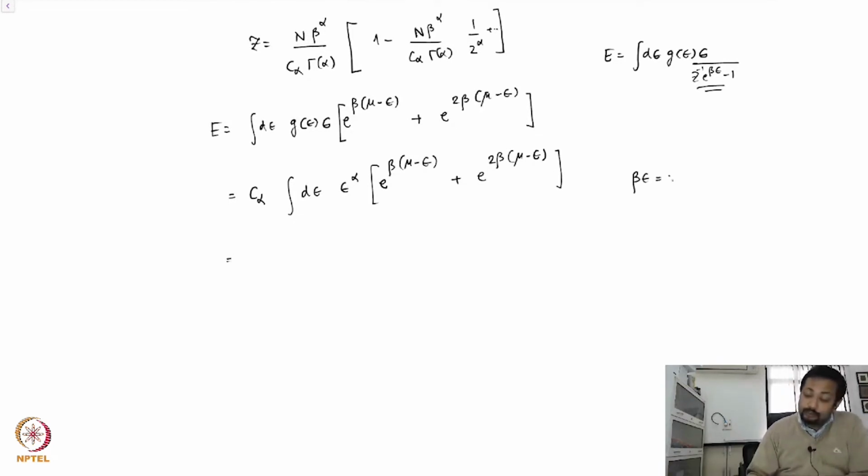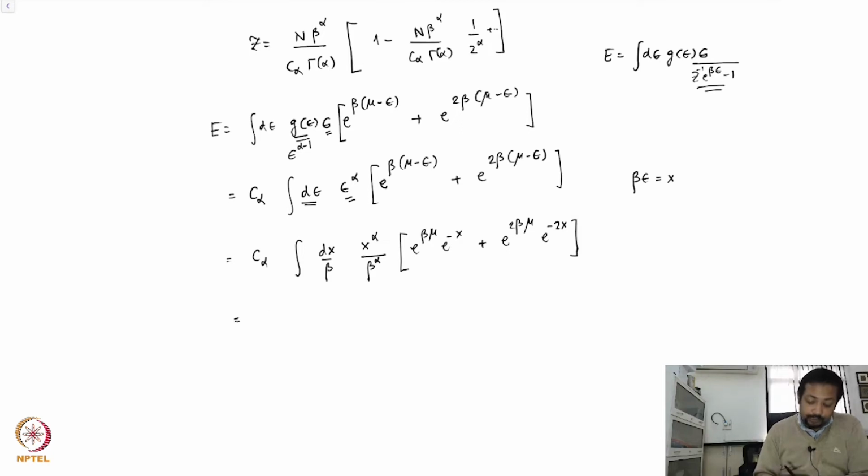Now again the standard trick is to put βε equal to x, and you have c_α, and you will have 1 by β that comes from the measure, so that this becomes dx over β times (x/β)^α. Since g(ε) goes as ε^{α−1}, and I have a factor of ε sitting, this becomes ε^α e^{βμ} e^{−x} + e^{2βμ} e^{−2x}, and this again we will write down as e^{βμ},